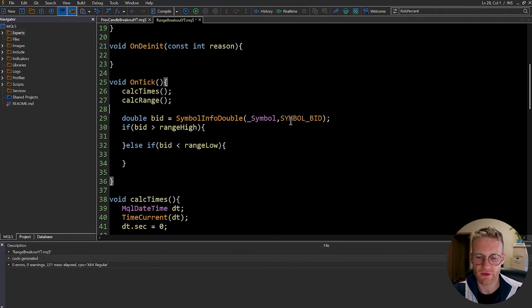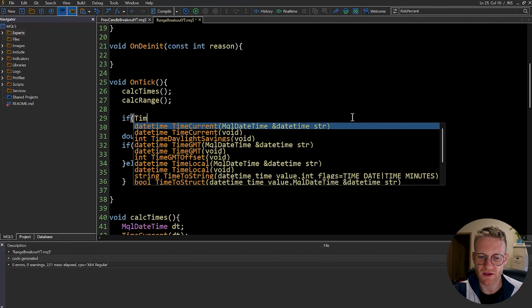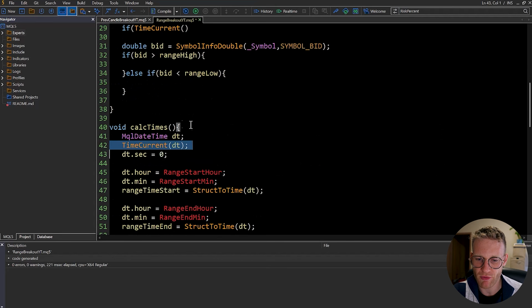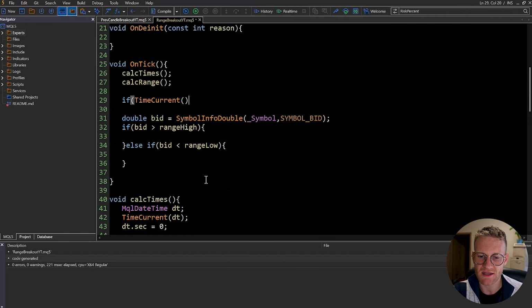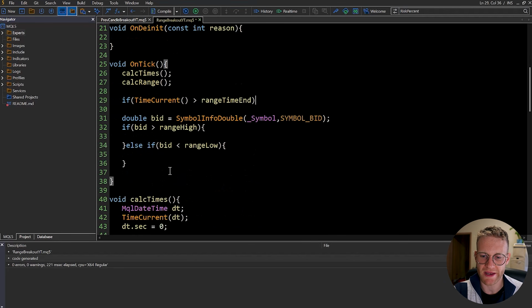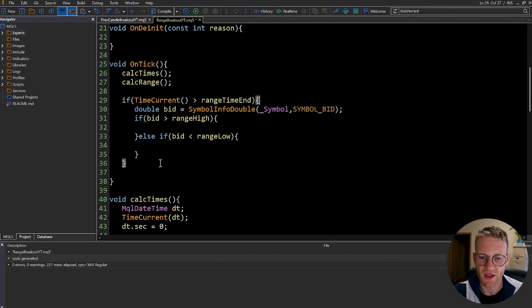So what we want to do here is, for example, check before we do any of this. Actually, we can also do it here, I think. We want to check if TimeCurrent, again, just gives us the current point in time. We used this before and I explained it. So we want to check if this is greater than the range time end, because then we want to start trading, right? And then we move all of this inside of the if control structure,